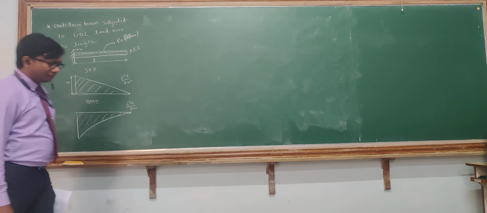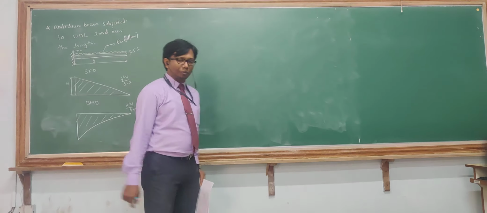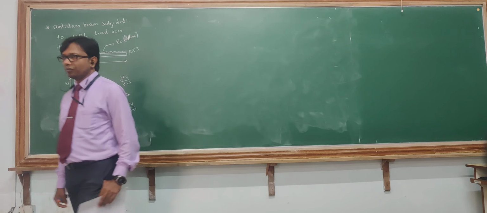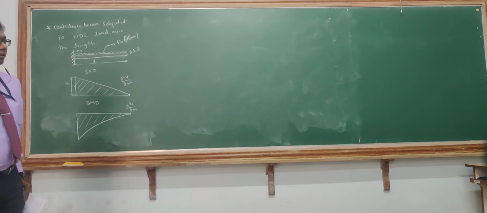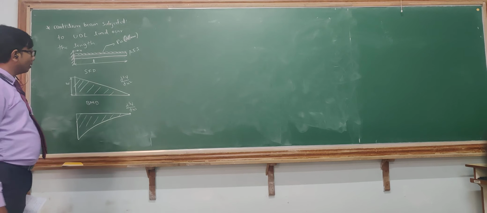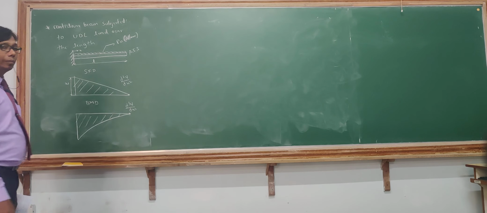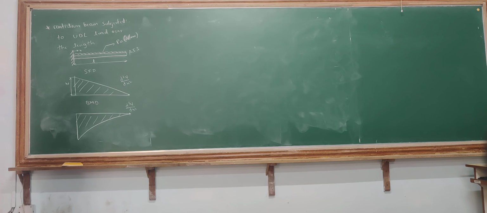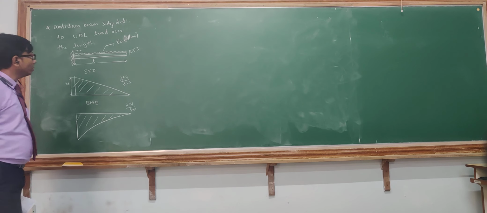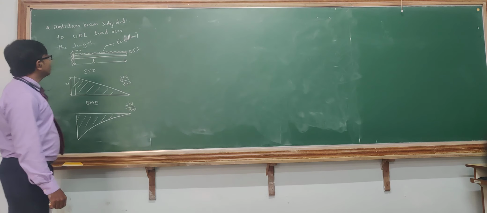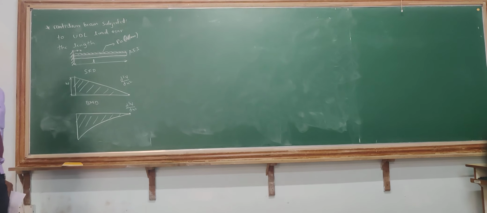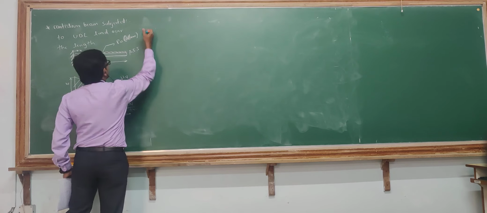In the previous problem, we took a problem on beams where both ends were fixed and a point load was applied at the center. In this case, we'll take a cantilever beam subjected to a UDL load, which will be a different problem. You need to find out how the displacement is acting over the length. This is one of the typical problems which we have.